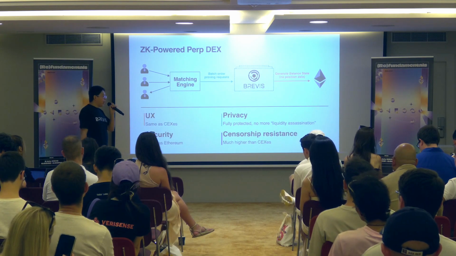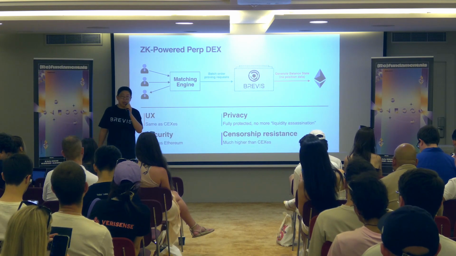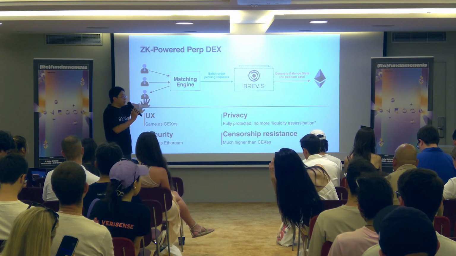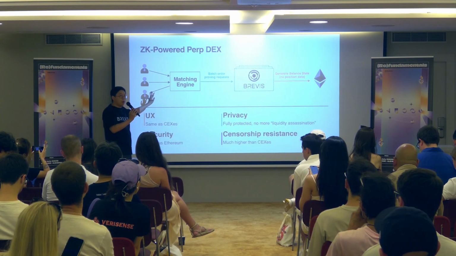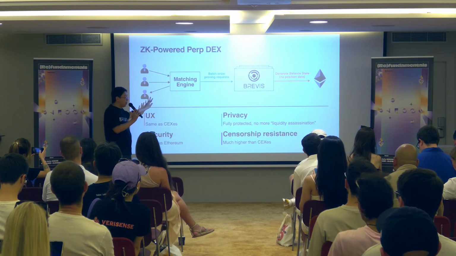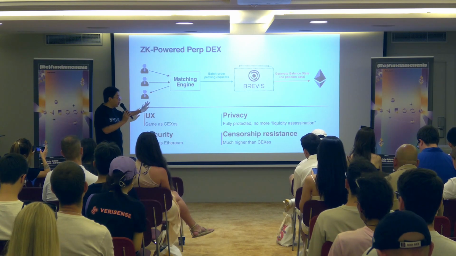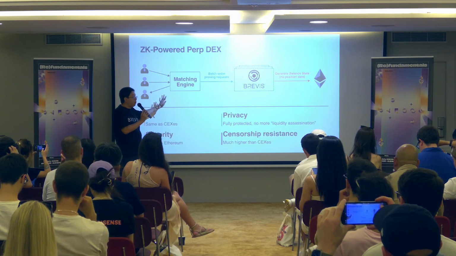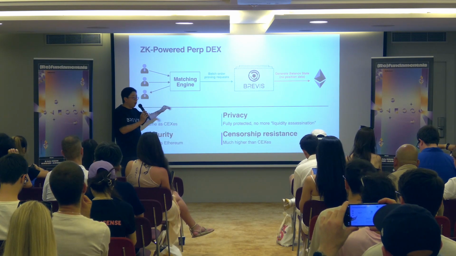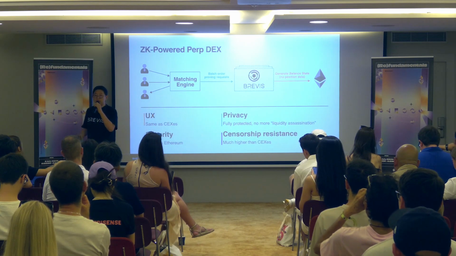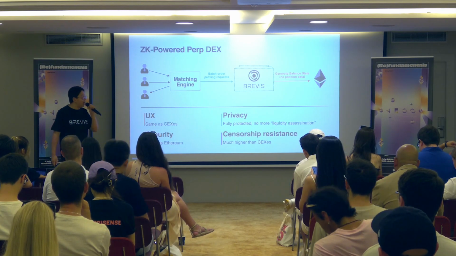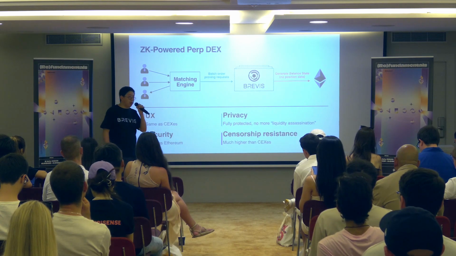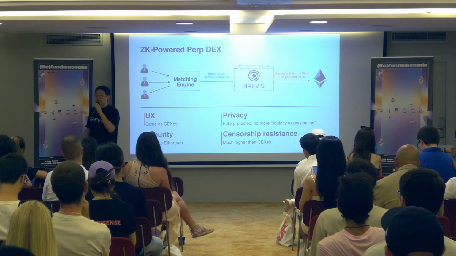So what we are working on with a major perpetual swap DEX partner is to enable a new kind of perpetual swap experience, where you have the Web2 perpetual swap exchange experience up front, but all of the order matching and user positions are batched into the Brevis platform to generate the ZK proof of users' actual trading and holding balances. This allows dark pools, privacy and security that were not possible before in existing